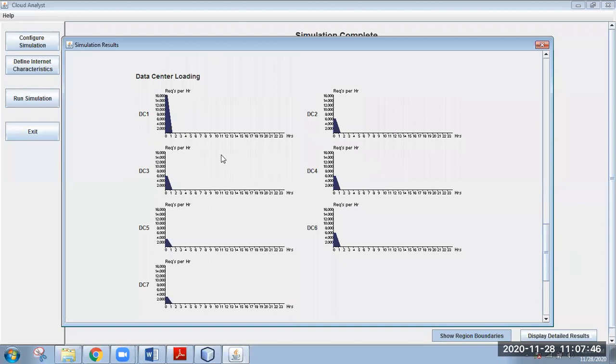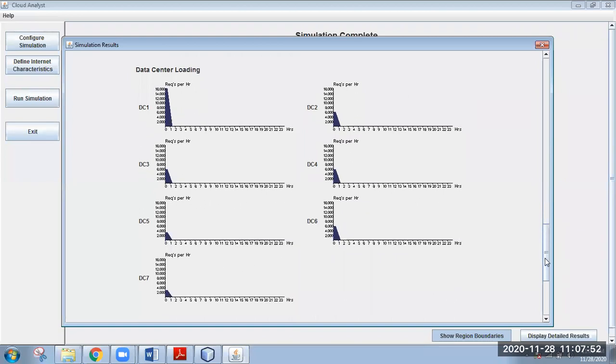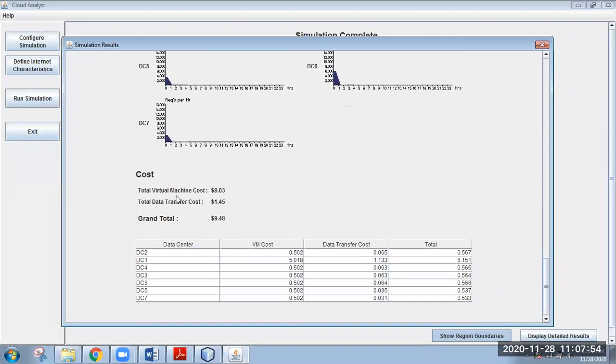Data center loading time, that is requests per hour, how many requests are executed per hour, you can identify that also. And you have also set some cost. I told you, some peak hour you are putting some cost, off peak hour you are putting different cost, or you are putting virtual machine cost, storage cost, memory cost, XYZ cost. The total cost you have to pay, that is